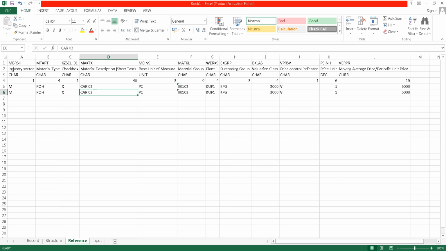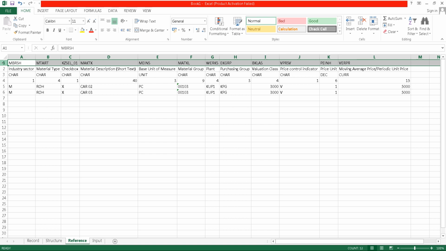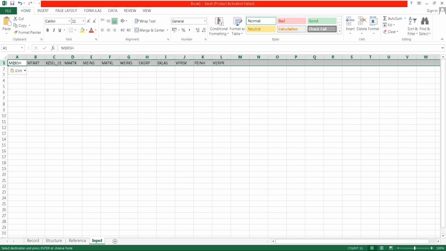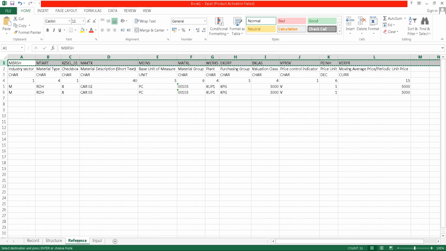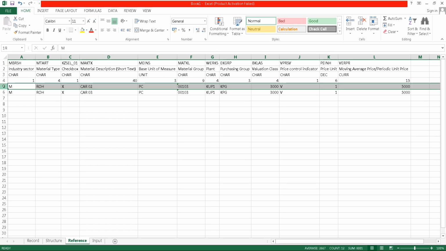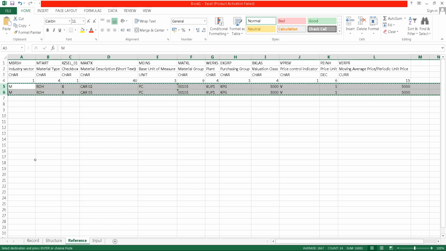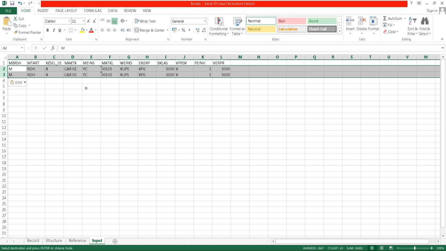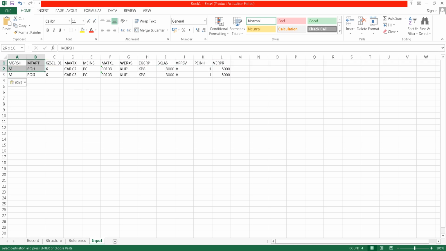Now you first copy that with the field names and put it into the input sheet. Then go to reference, and the data we entered, copy only our data and put it in the input sheet. So these are the required data we are going to upload in the system.